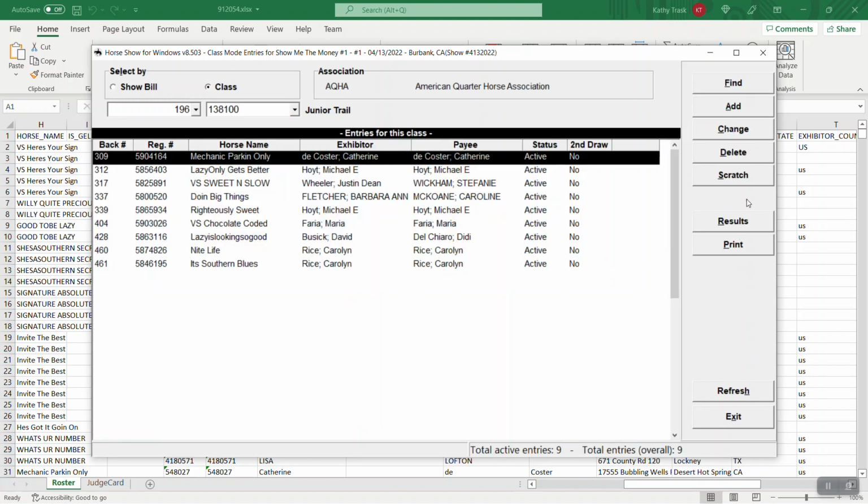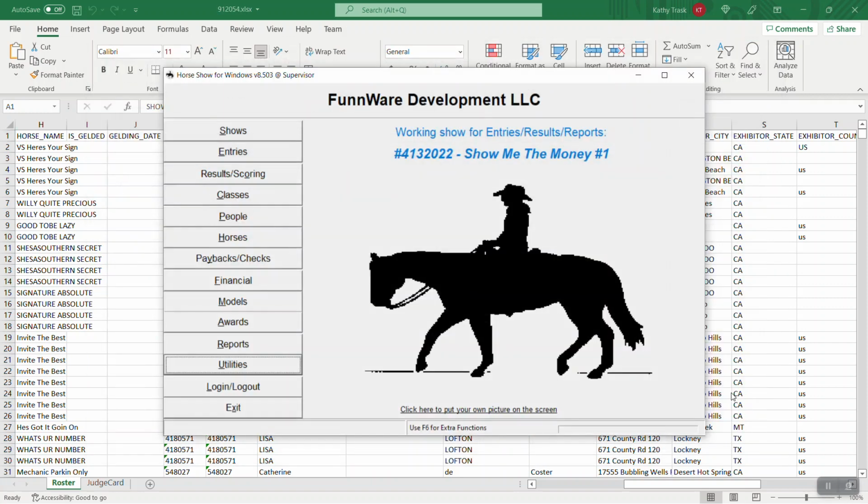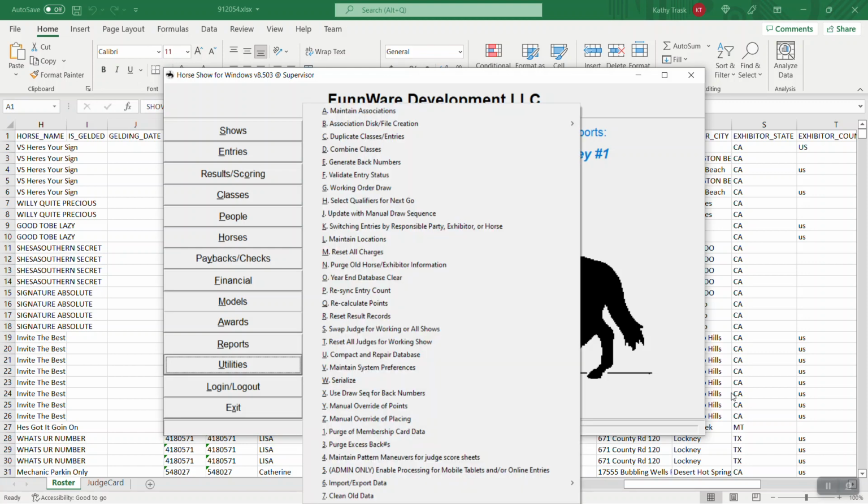No, I think that's what the refresh does. I don't think that. I was going to say the refresh button does not. Okay, then maybe that's not it. So maybe I just use it through the utilities, and you can see when you